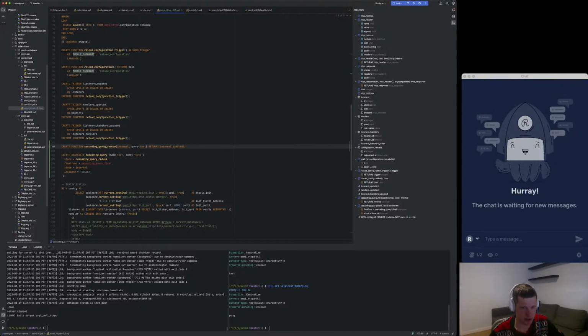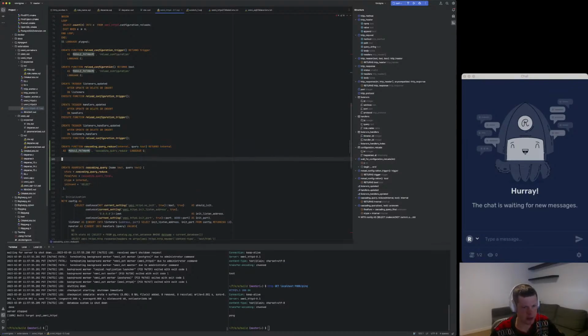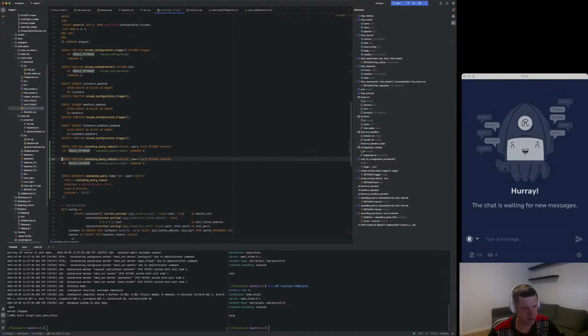Language C, and the module path name, that's going to be cascading query reduce. Let's format it a little bit better. And then I also wanted to do cascading query final. Internal only, and it returns